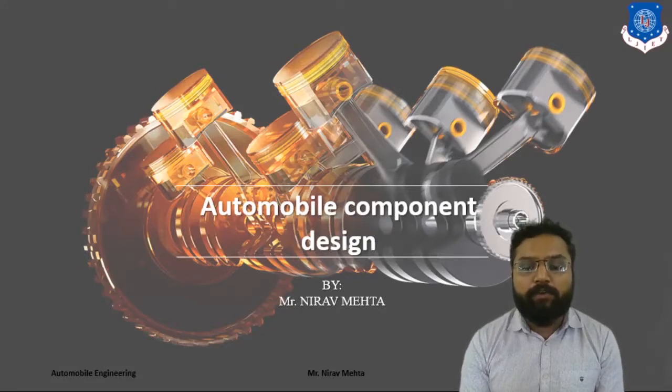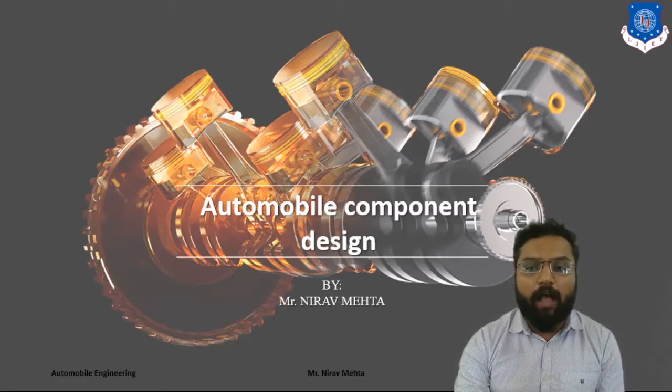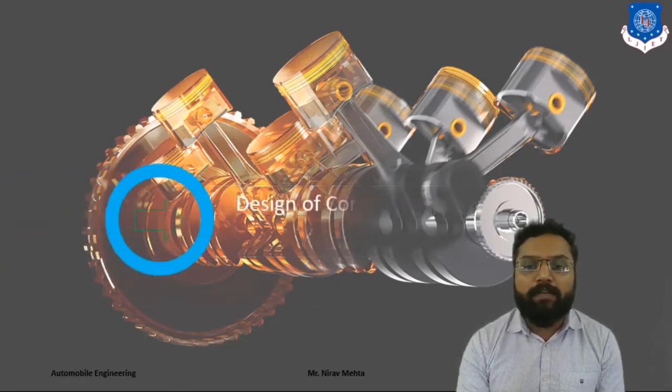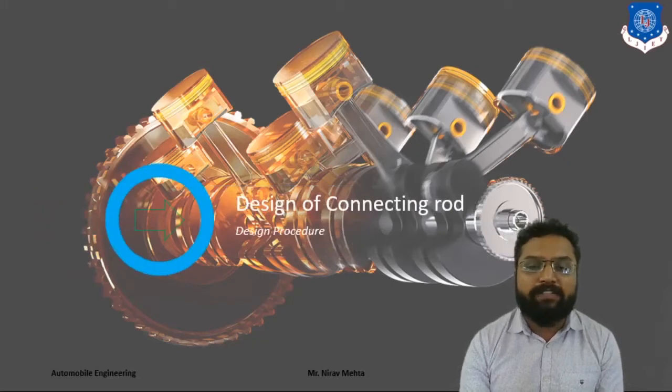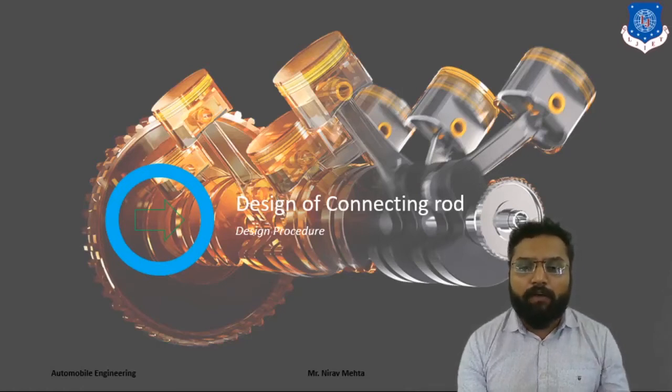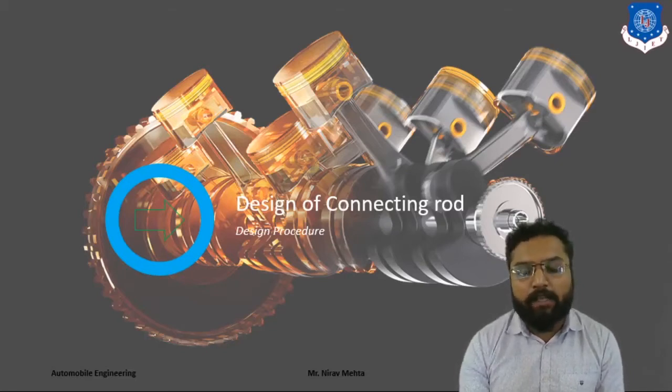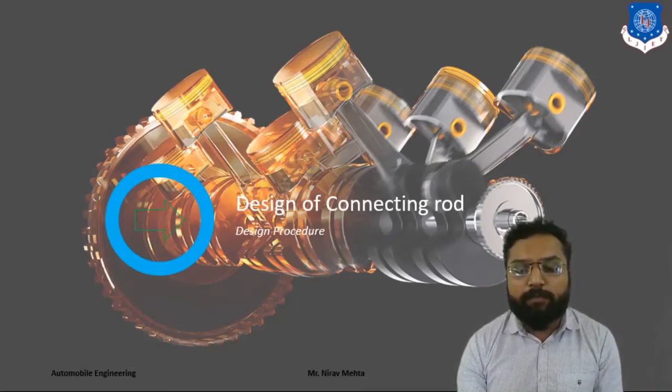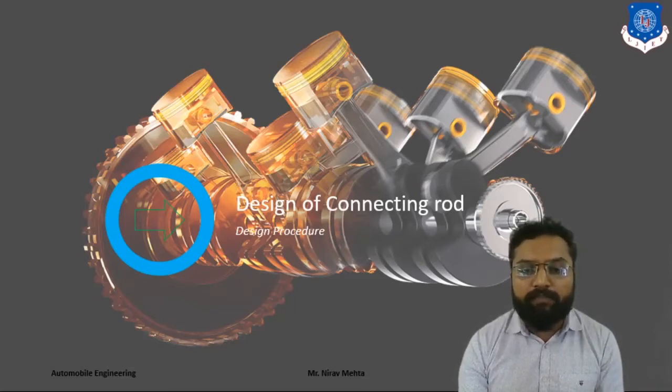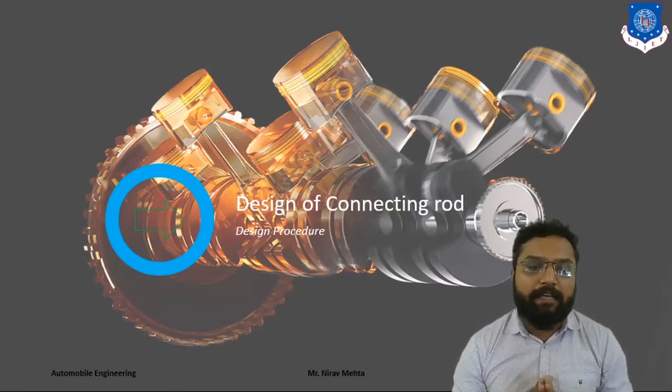Today we are going to discuss a topic called automobile component. This session is about the design process. Before getting into this design process, let's talk about our previous topic of how the connecting rod algorithm and function have been set. Material selection and manufacturing process, we have gone through that. Now we are going to set up the procedure for designing this connecting rod.